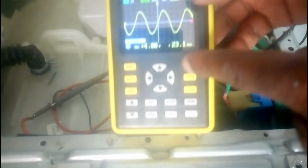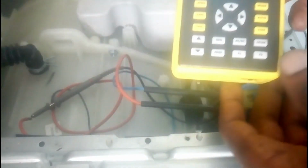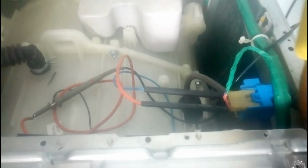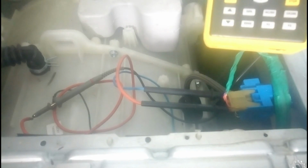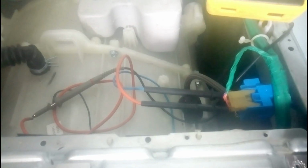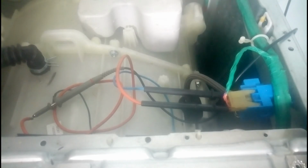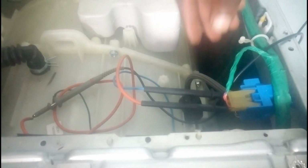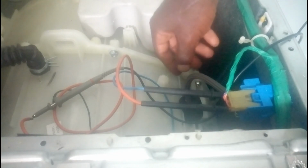Also, if you are not finding any value of frequency, check connections. The cable from main controller to this sensor. Check if they are not loose. If you find they are loose, try to reconnect. If the cable connections are okay, this hose is okay, you can disconnect this hose and try to blow air inside,